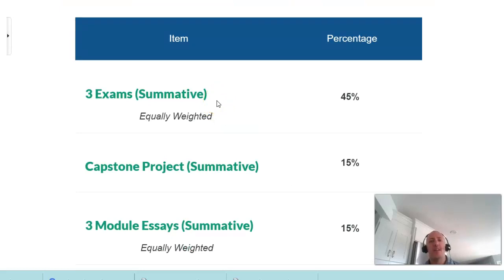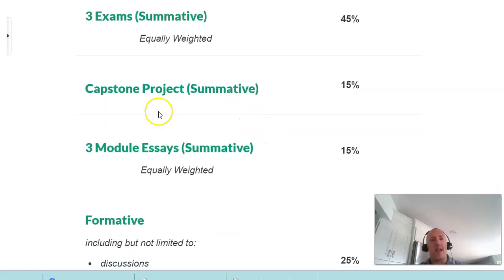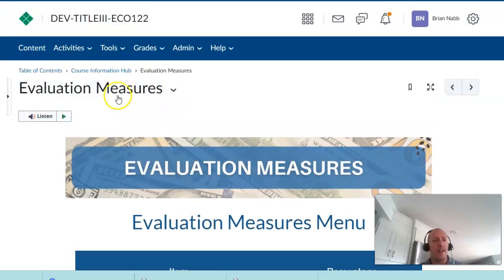Exams will be timed. We'll go over some of the basics. They will consist of multiple choice, short answer, and some true, false, and explain questions, usually given about 2 minutes per question. Most exams will give you about 60 minutes total for about 30 questions, and you will be given a grace period. You'll be notified as the timer runs out. So you just want to keep an eye on the timer as you take your test. The capstone project will get into some of those guidelines and what's expected.